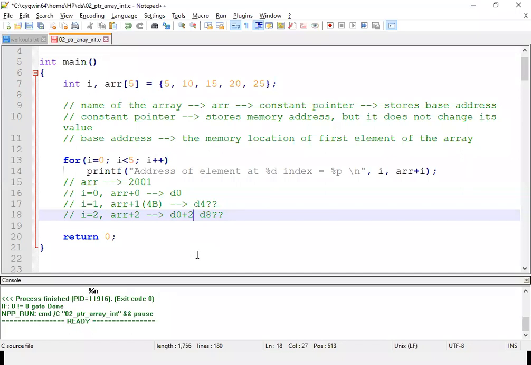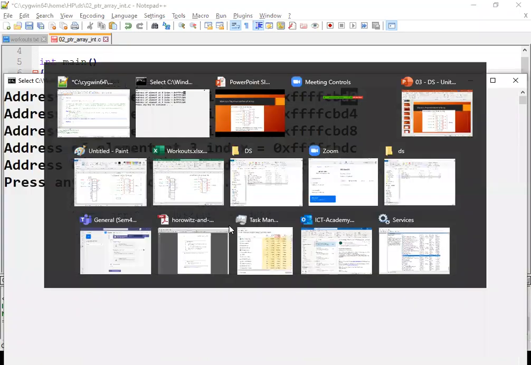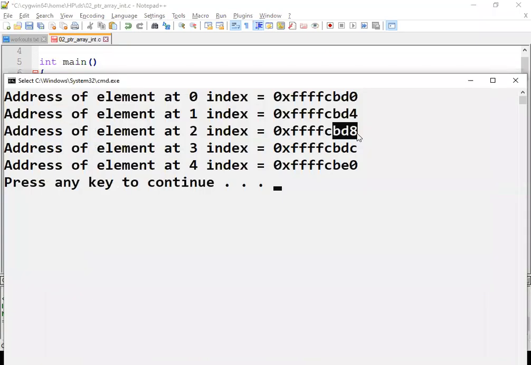The 2 will not be treated as a single integer element; it is computed as 2 multiplied by the memory required by that data type, that is 4 bytes. So 2 into 4 is 8. From D0, the next 8th memory location, that is D8, is the answer. That's why we got the answer D8.